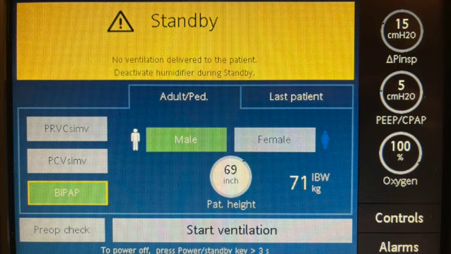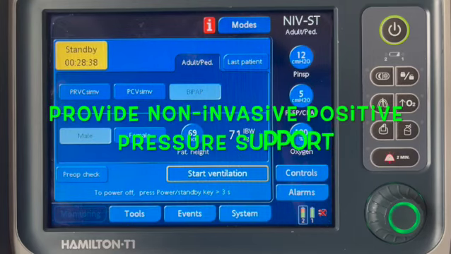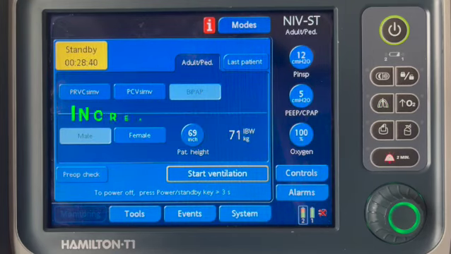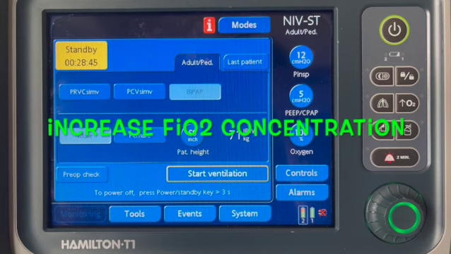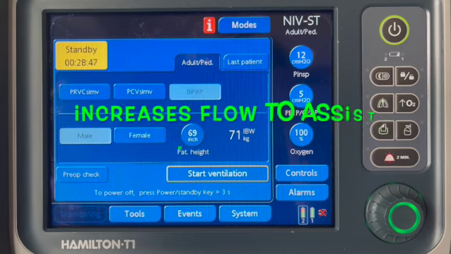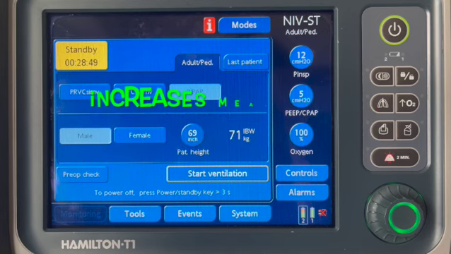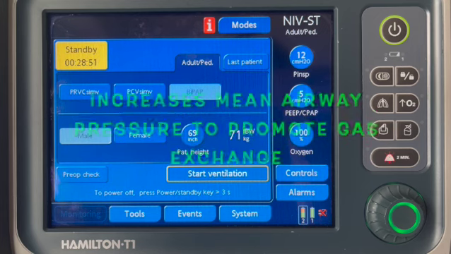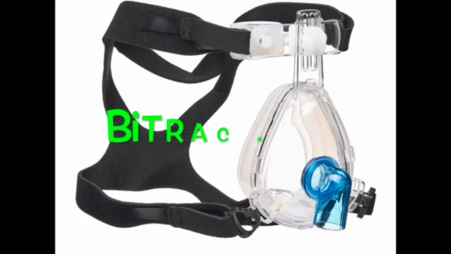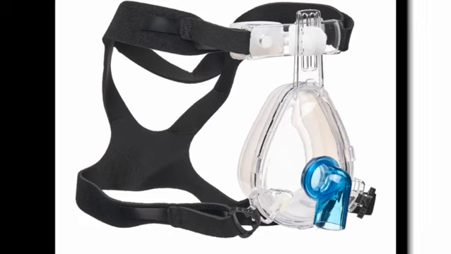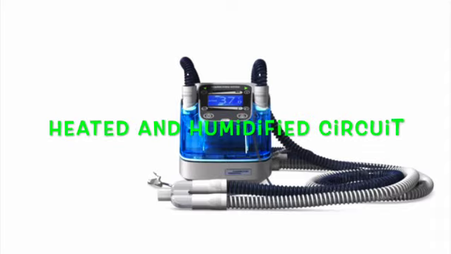This section will cover non-invasive positive pressure ventilation. The therapeutic goal is to provide non-invasive positive pressure support. NIVST increases airway pressure for alveolar recruitment, increases FiO2 concentration, increases flow to assist with work of breathing, and increases mean airway pressure to promote gas exchange. The patient's support is delivered through a non-vented mask covering both the mouth and nose, using the heated and humidified